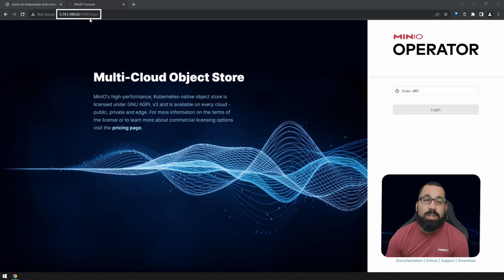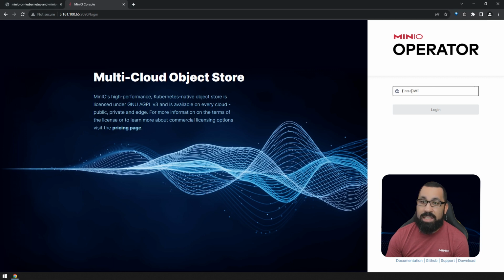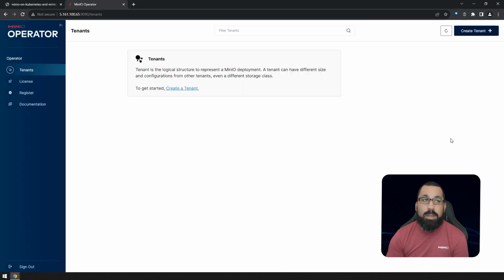and 9090, which is the default forwarding port for this proxy. And it's now presenting me with the opportunity to enter that JSON Web Token that it showed you and put that in to actually access the operator console. So there you go. That is really all there is to deploying the operator with the sort of default configurations